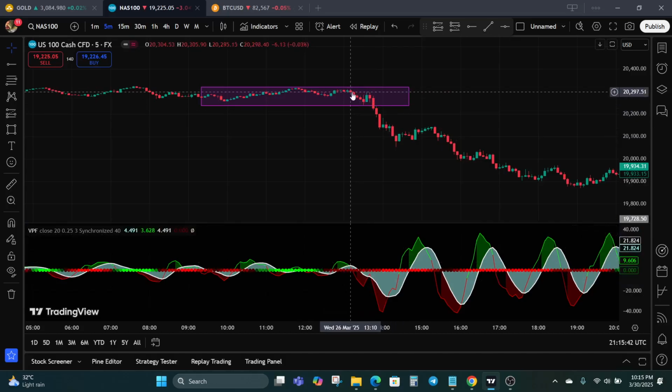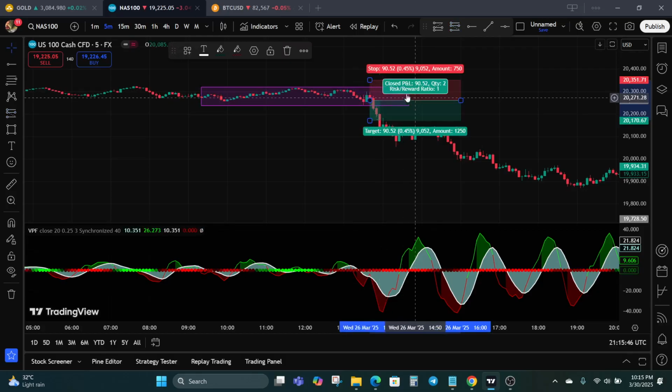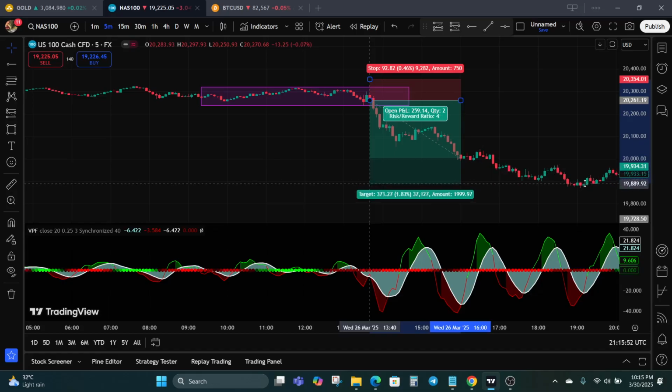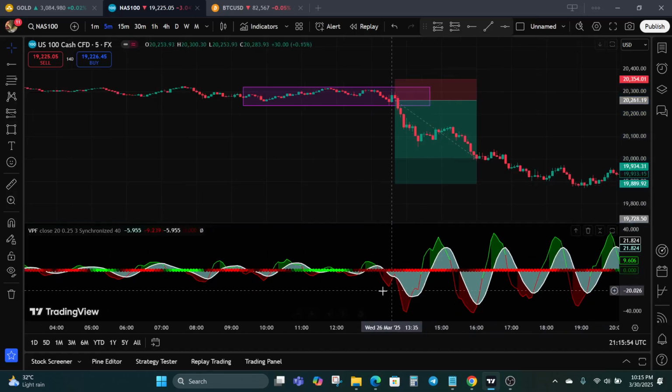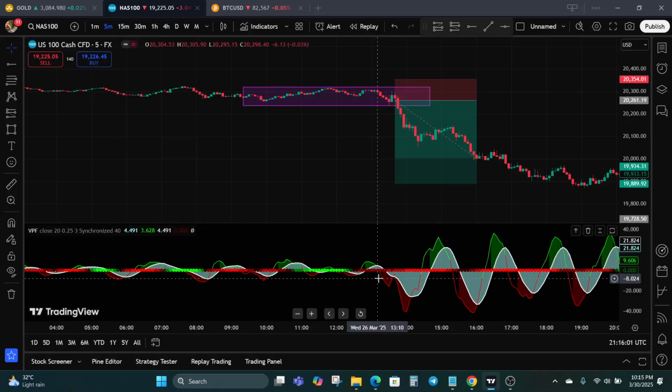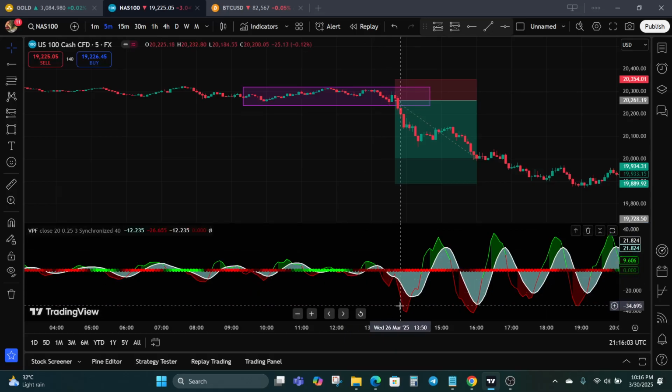So if you had entered a sell, then of course you can set your stop loss above the previous swing high, after you get your confirmation, before you enter your sell. Then you can set your take profit around support zones. So your sell signal is when you have the red line coinciding with dark